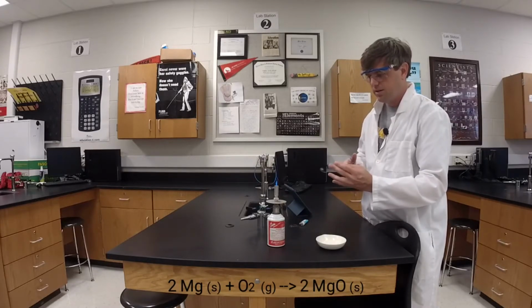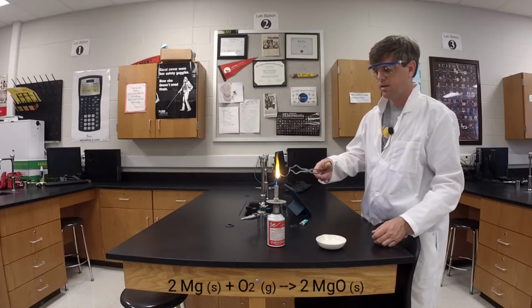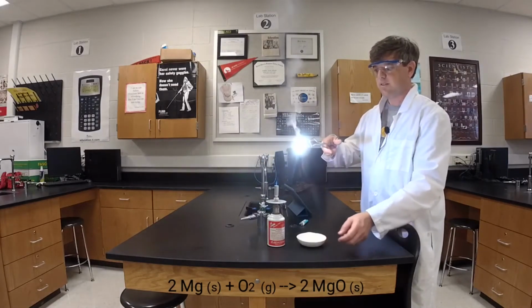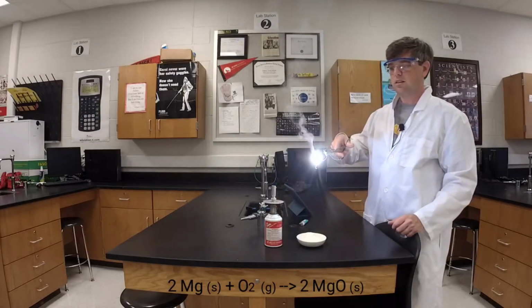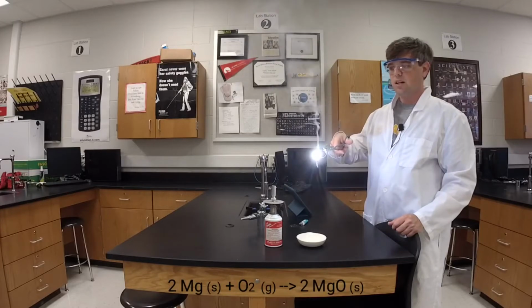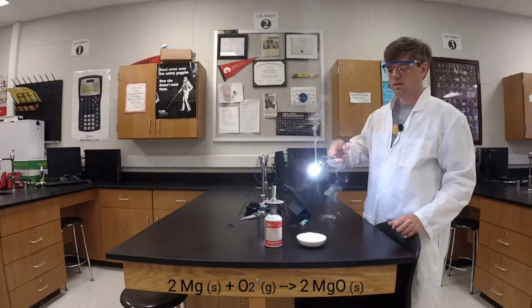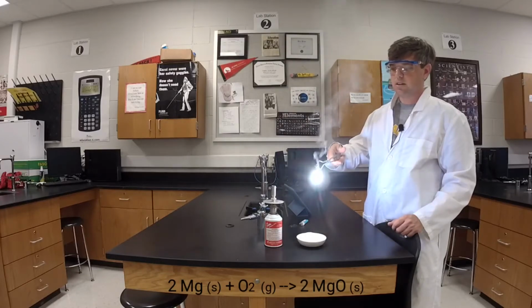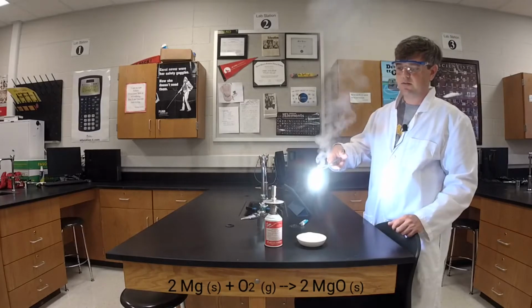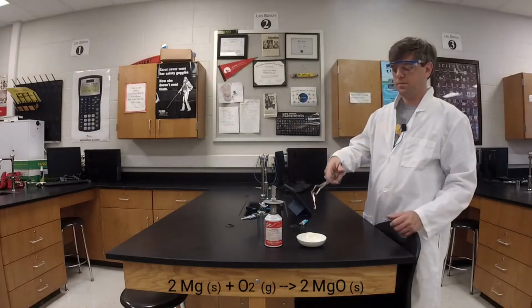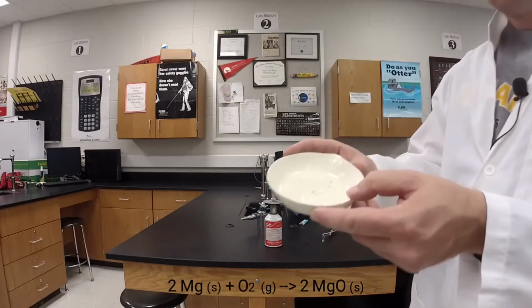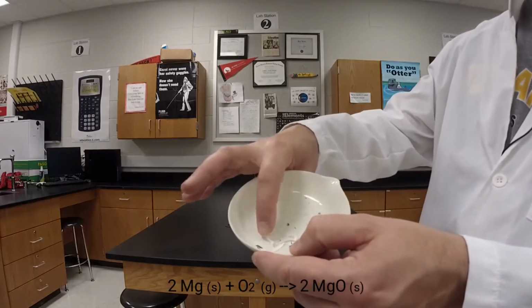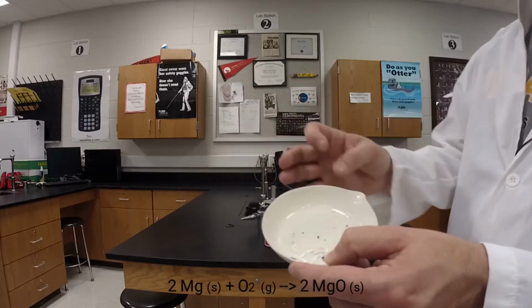And when I do that, you'll notice that it is giving off a very bright light as it's reacting with the oxygen. Little bits of it are falling off now into this evaporating dish. In just a minute, we'll see what all we've made. If we look at what we've made in here, there's this kind of white powdery looking substance, which is magnesium